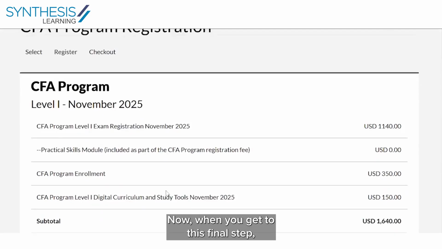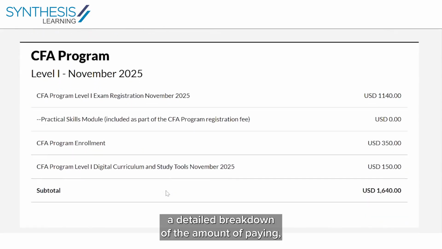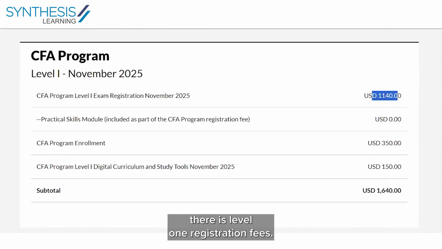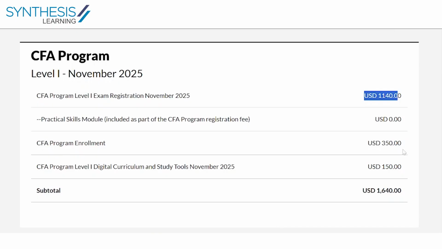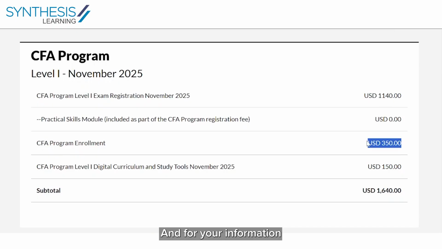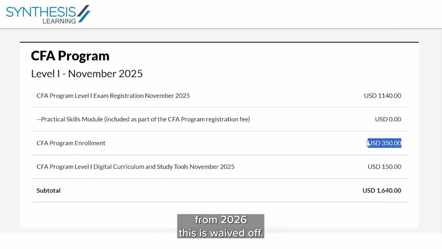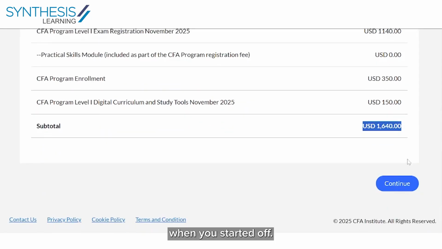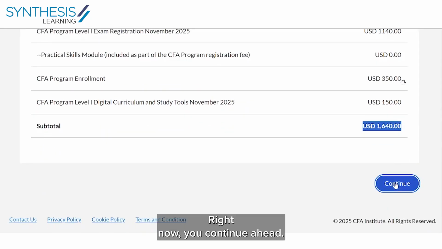Now when you get to this final step, you've been given a detailed breakdown of the amount you're paying. So for example, there is level 1 registration fees, there is a program enrollment fees, and for your information, from 2026 this is waived off, so there is not going to be any enrollment fee from 2026 onwards. The exam fee has in fact increased. And then there is of course some cost towards the digital curriculum, but all in all it still is a total of 1640, exactly what was promised to you when you started off, right? Now you continue ahead,